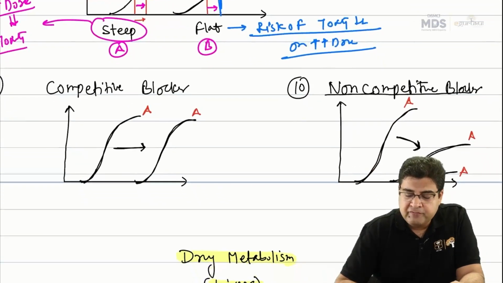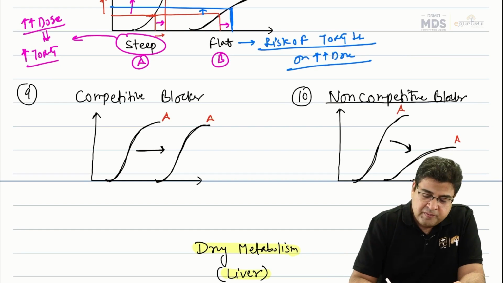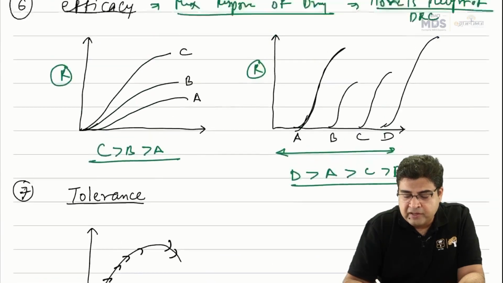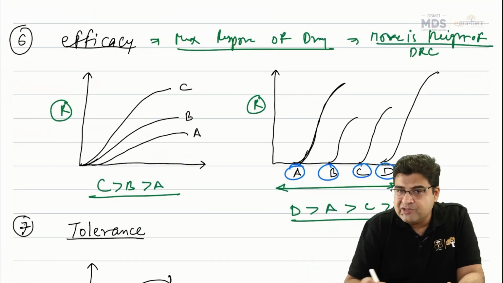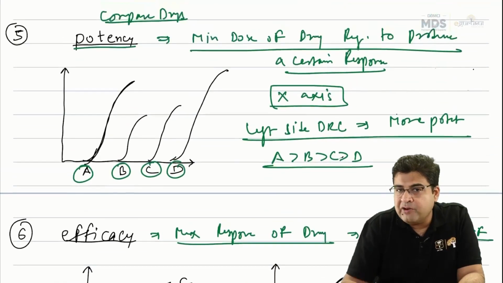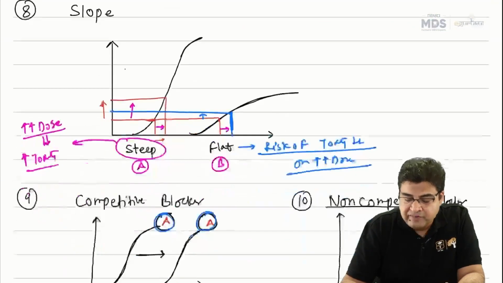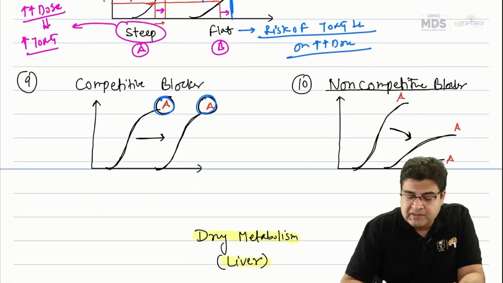Now with the help of this graph, we can also see the effect of competitive and non-competitive blockers. So guys, please remember, whenever you see a graph where the drug name is changing, like the previous graph of efficacy and potency, you always comment upon the drug efficacy and potency, in terms of drug comparison. But whenever the drug name remains the same, like in this graph,